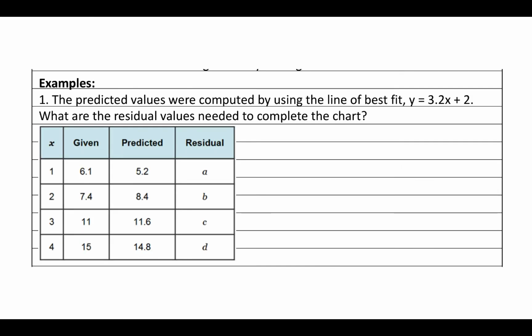Okay, so here it says the predicted values were computed using the line of best fit y equals 3.2x plus 2. What are the residual values needed to complete the chart? Okay, so how we find a residual is taking the given value and subtracting the predicted value. So for A,